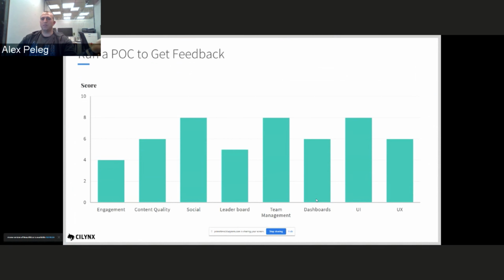Once we start with the gamification engagement, the security game, we need to get feedback. So these are some of the feedbacks that we can get from a platform. First of all, we need to see what the engagement was. We need to understand the content quality and how this content is adopted by the people taking the game. Is it social enough, or were we able to reward or empower the community by making it social?